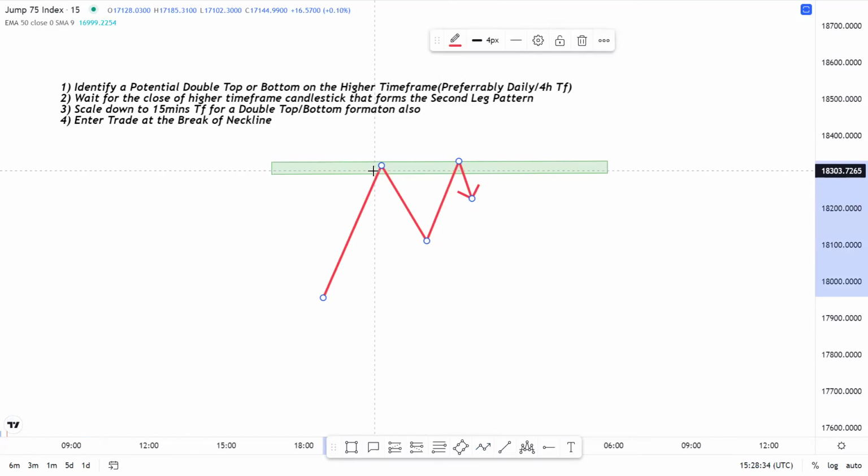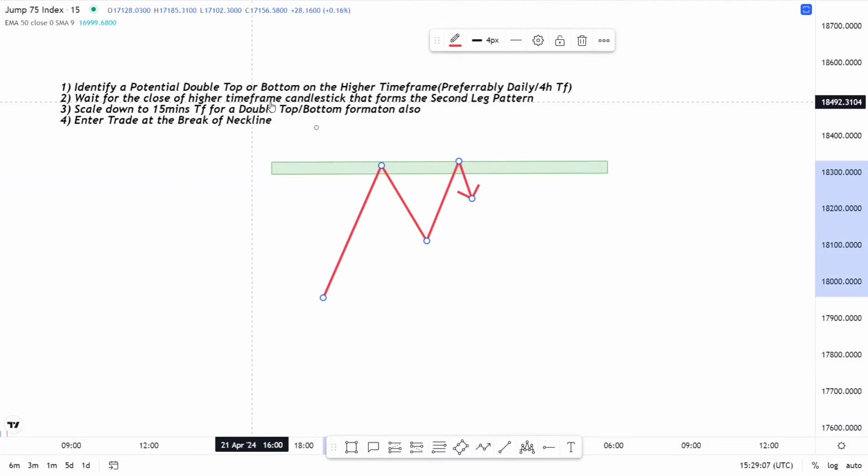So the rule says identify a potential M pattern, a potential double top or double bottom pattern, on the higher time frame. This is not yet confirmed. Because price is trading back to the previous resistance level where it sold off from before, this is looking like a potential M pattern. Identify the potential M pattern. Once you have identified that price is coming back to the previous resistance level, likely giving us the second leg of the potential M pattern,